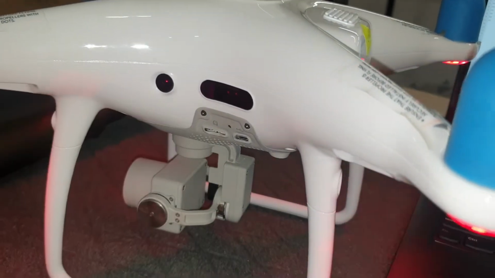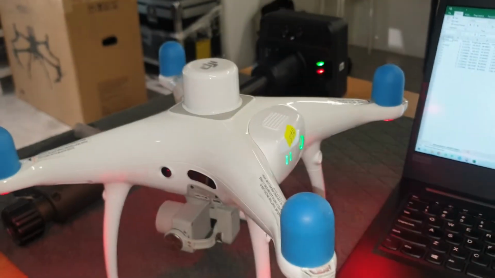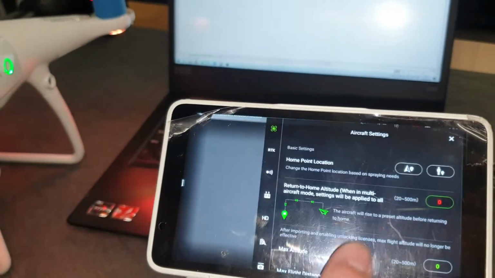Right now you can see the aircraft is not linked to the remote, it's disconnected. So to link it,